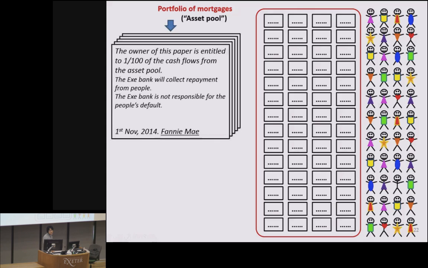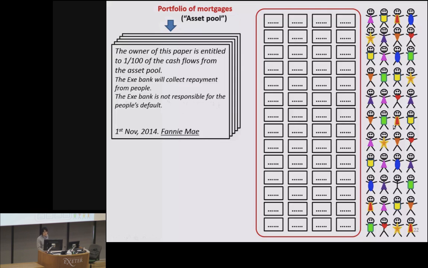What they can do is to issue a security based on this pool of mortgages. Let's say an institution named Fannie Mae issues this security which says, okay, the owner of this paper is entitled to 1% of the cash flows from this pool of the mortgages. The Exeter Bank will help to collect mortgage repayment from these people, although the Exeter Bank is not responsible for